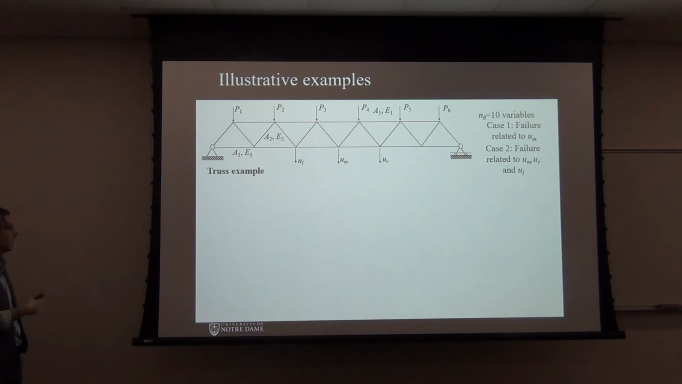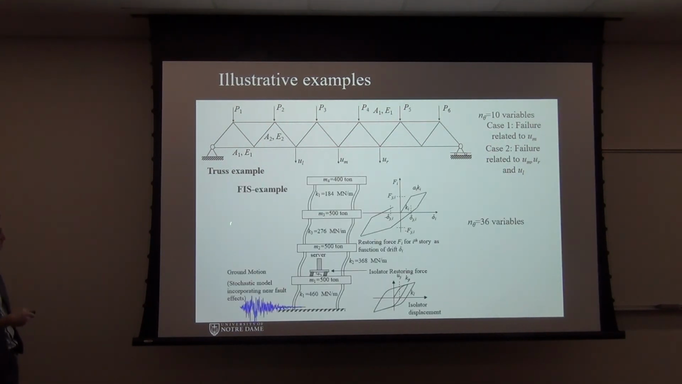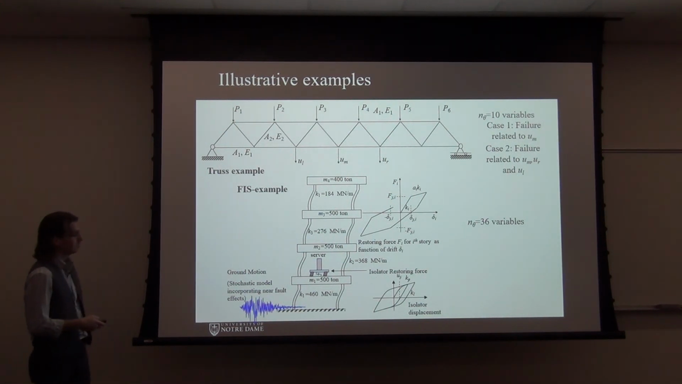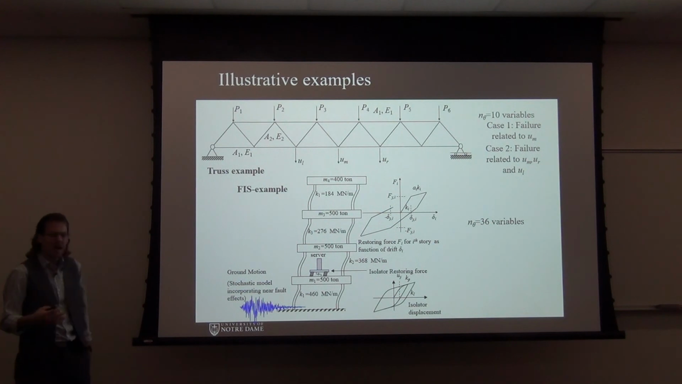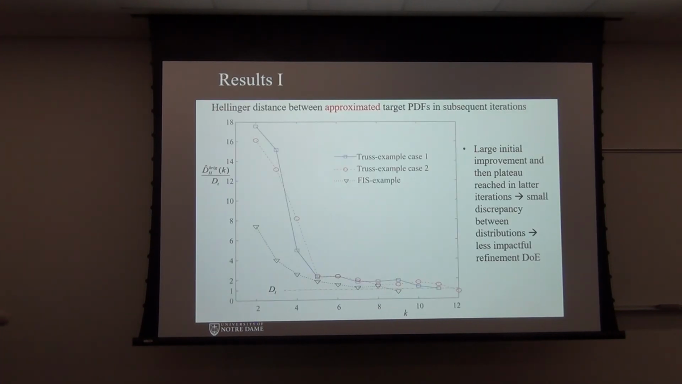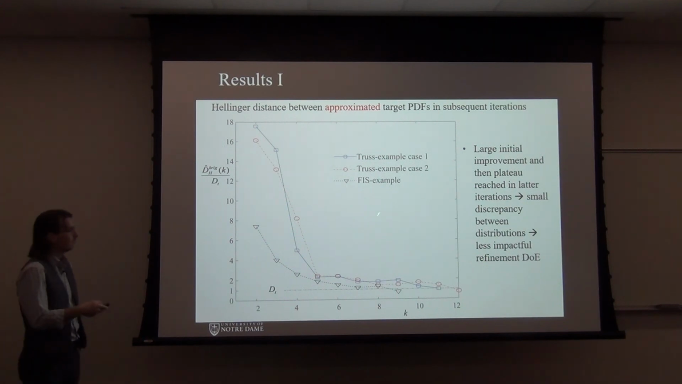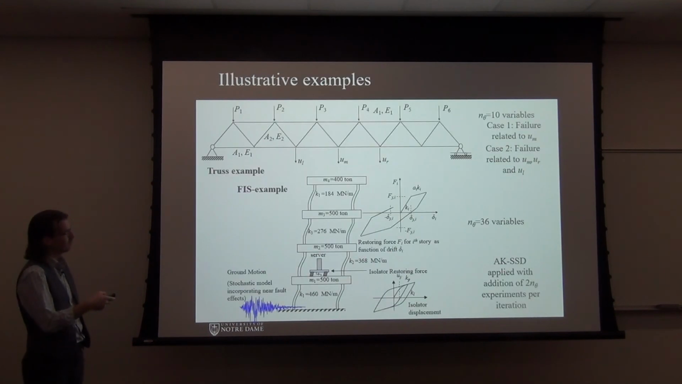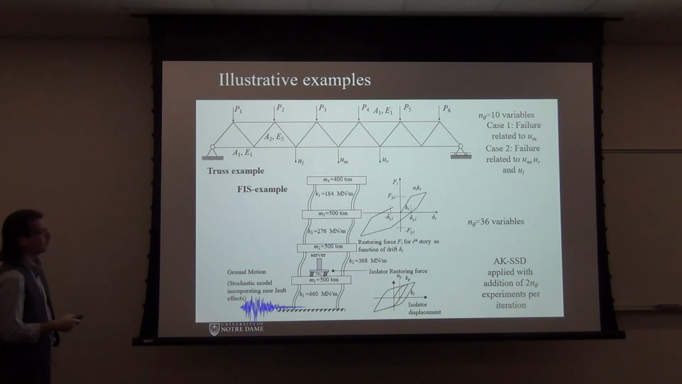Very quickly, two examples. One is going to be a simple truss example with 10 variables, and the second is the optimization, the design of a floor isolation system. In this case, you have a little bit higher dimensions, so 36 variables. So here you can see, and actually we have two, as you have pointed out,